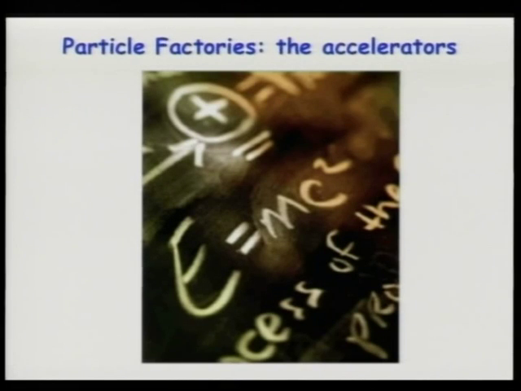And in which way do we do this? We do it with particle factories, so the accelerators. I don't know if you have already had some lessons about this. Anyway, accelerators work mainly by this formula that I guess you well know. It's on all the T-shirts, cups, teacups, and so on. Basically it says that there is a relation between energy and mass. So what do we do? We take mass. For instance, in this LHC that I'm going to show you, we take two protons, a proton and a proton, and we collide these particles at very high energy.